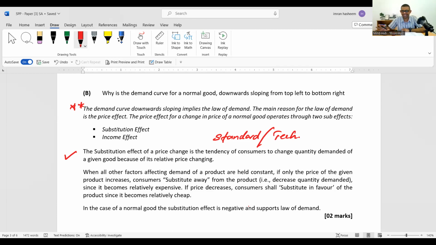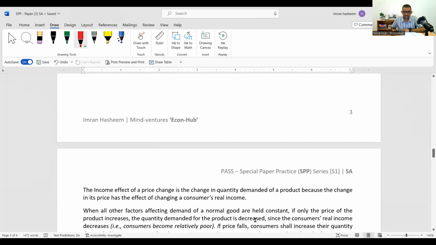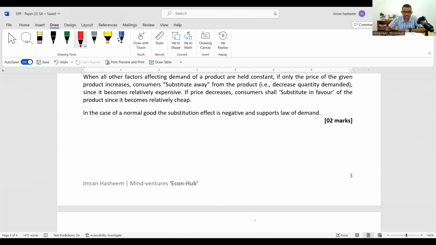Don't write definitions ad hoc, just a bunch of words in whatever order comes to mind. Don't do that. That's not smart. That is not A-levels. Not Econ-Hub students, not you guys. Proper definitions. You know this. You can do this. And also this part, because I've said it's a normal good, talk about how